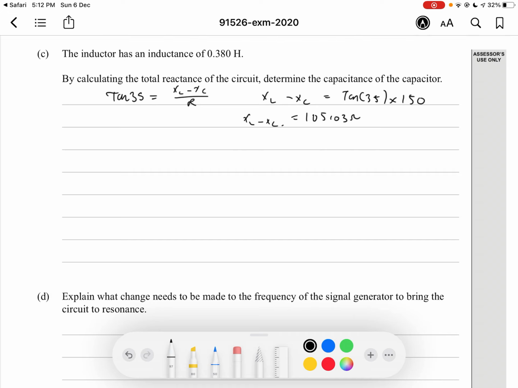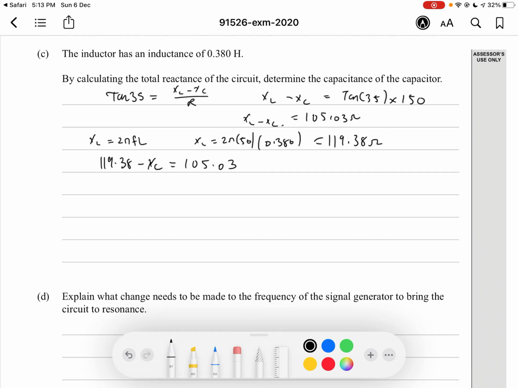We know that our inductor has an inductance of 0.380 henries. We can say that XL equals 2 pi FL. So XL equals 2 pi times 50, which is the frequency of our source, multiplied by 0.380. That should come out to be 119.38 ohms. The inductive reactance is 119.38 ohms. We can plug that in: 119.38 minus XC equals